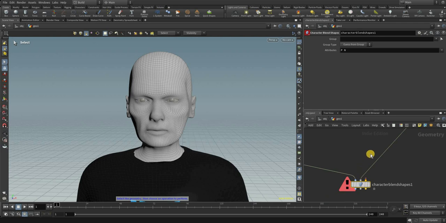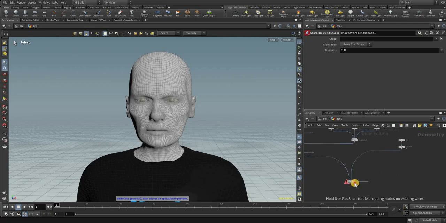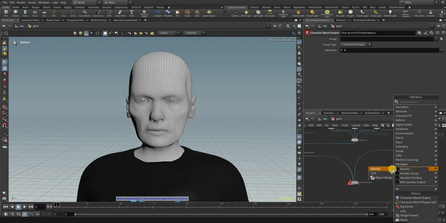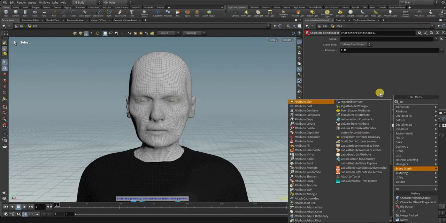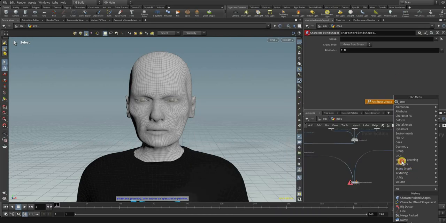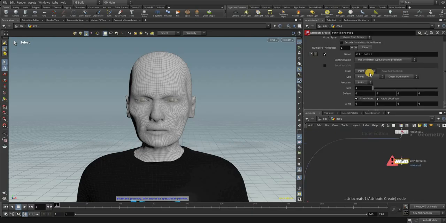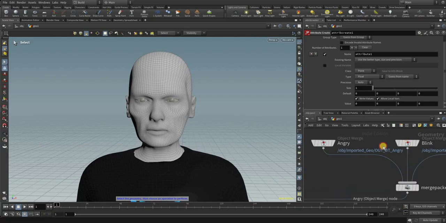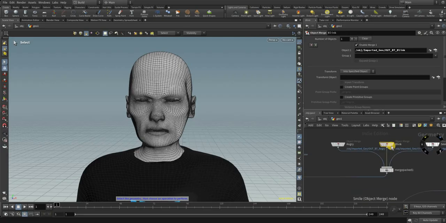But how do we animate this? We have just added this blend shape, but we don't have any animation. Well, that's a lot simpler than you may think. So we're going to create an attribute create. And what we're going to do is create detail attributes named after every single blend